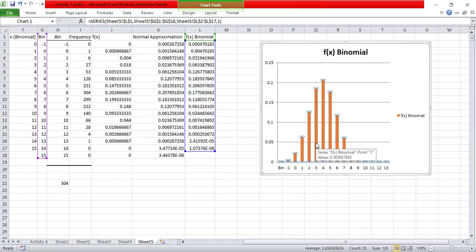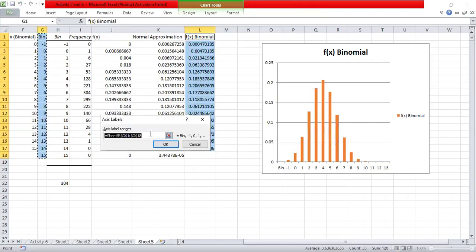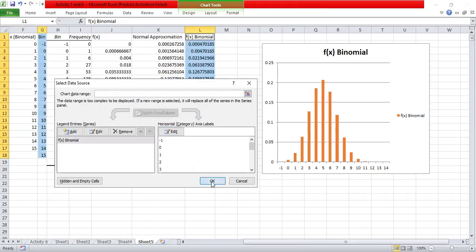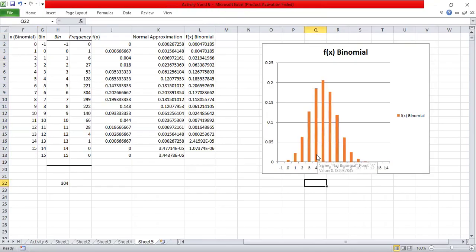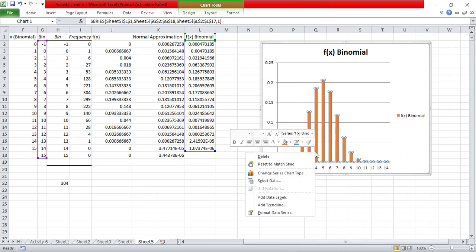So click on any of these rectangles, right click, select data. Here, edit. Actually, it should start from -1. So then this one, okay, okay, and now this one. Now it is okay. And now, once again, click on any of these histogram rectangles. Bubbles are there. Right click,